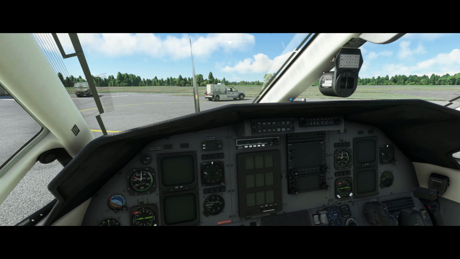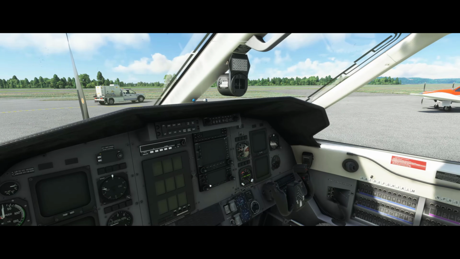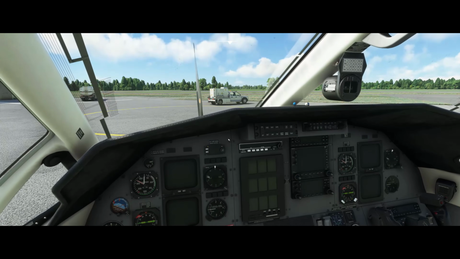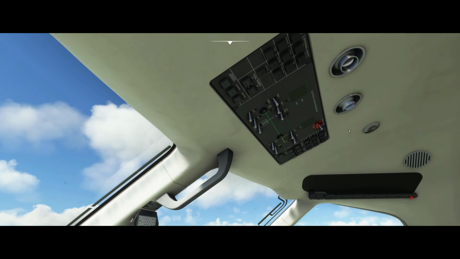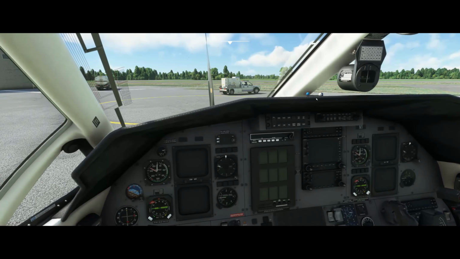I'm going to do a video today about flows in the legacy PC-12. I've had a couple requests for this one, so I'm in Microsoft Flight Simulator, and I've got the Coronado PC-12 loaded up here. This is a Legacy Series 10, which means most of the switches are up here on the overhead panel. So I am just going to walk you through the flows for this airplane,